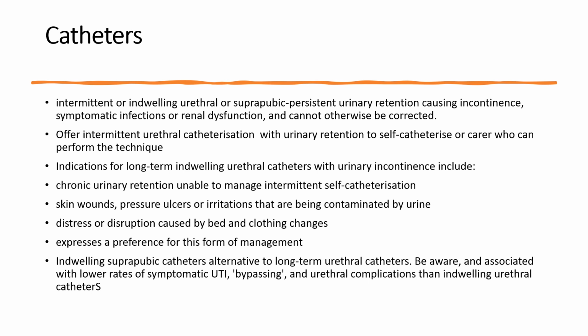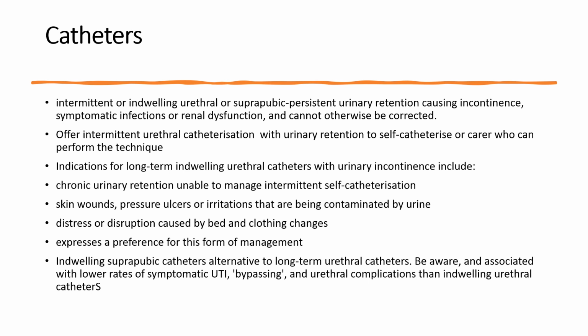Indications for a long-term indwelling catheter with urinary incontinence include chronic urinary retention, skin wounds, pressure ulcers, irritations that are being caused by the urine, distress or disruption caused by bed and clothing changes, or if the patient expresses a preference for this form of management. Indwelling catheters, the alternative to long-term urethral catheters, can also be suprapubic catheters. It's important to note that there are lower rates of symptomatic UTI, bypassing, and urethral complications with these catheters compared to